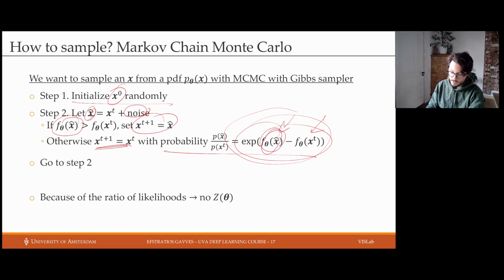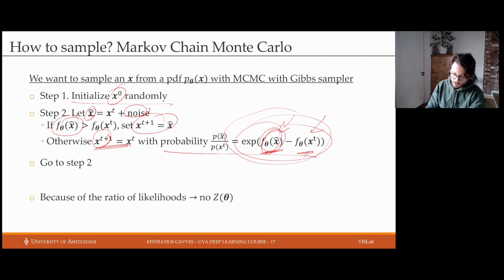The lower the score of our new sample compared to the previous one, the more unlikely it is that we're going to keep it for our next sample. After we do this, we go to step 2 and repeat the procedure